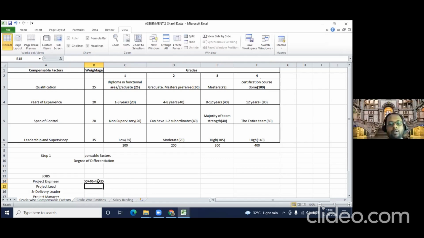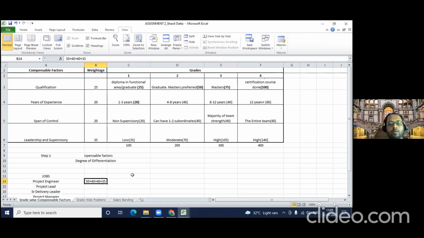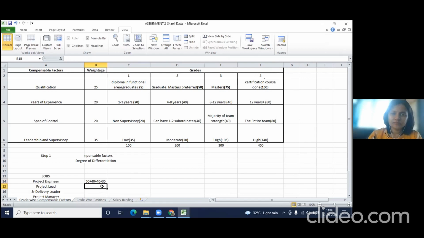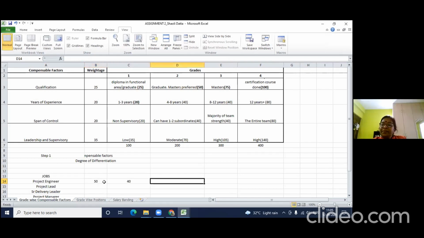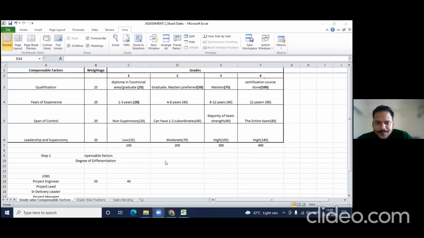So please do the next one now, the project lead. Can we just use 4 columns to put in all these 4? Yes. So you can just put this number in every column and you can add up. That will make it easy. Equal to 50 plus. Bala, you want to take over, you can, so that it is put faster. Put the equal sign before the 50. This way, yeah. If you just put it that way, it's better. We can just sum up in the last column.